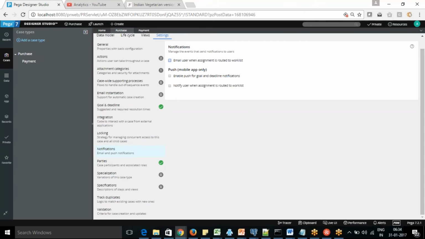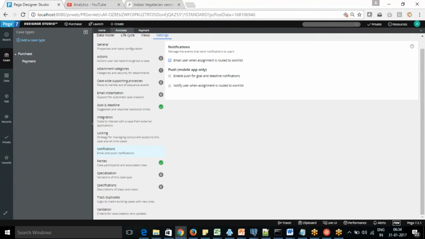And the notification wise, there are two types. Push notification is just for mobile, like this is for the case level. So if you play games on mobile or in WhatsApp or Messenger, and someone sends a message, you get the notification in your front window. Someone has attacked you or sent you a message, right? That becomes a pop-up on your front screen itself, right? So that type of thing we call a push notification.